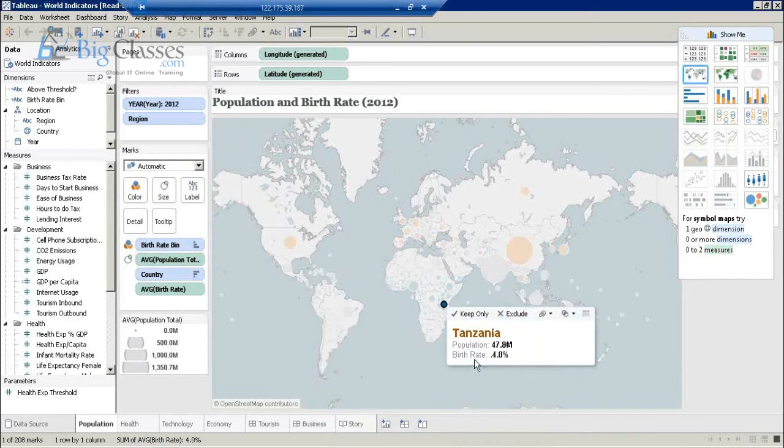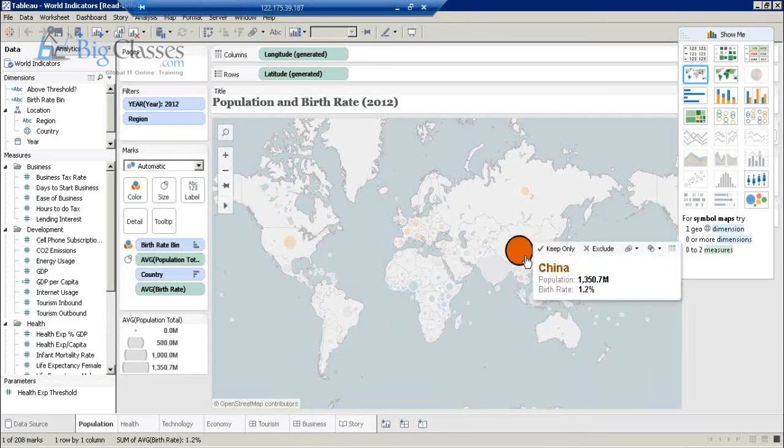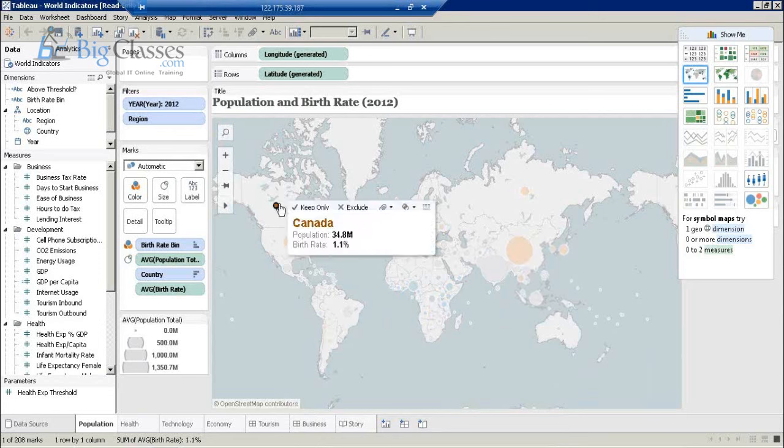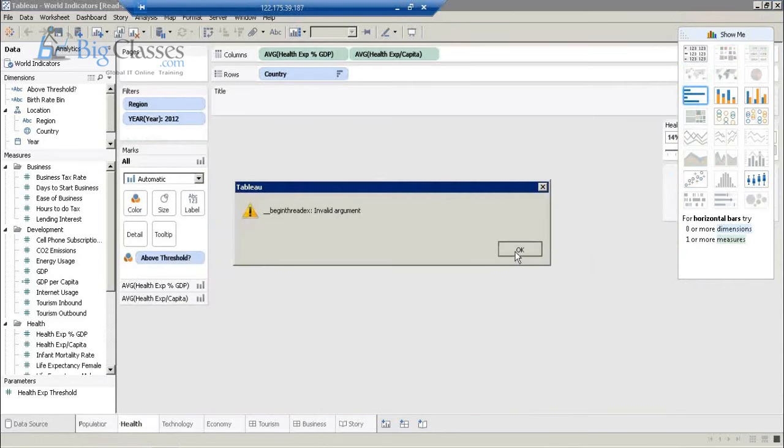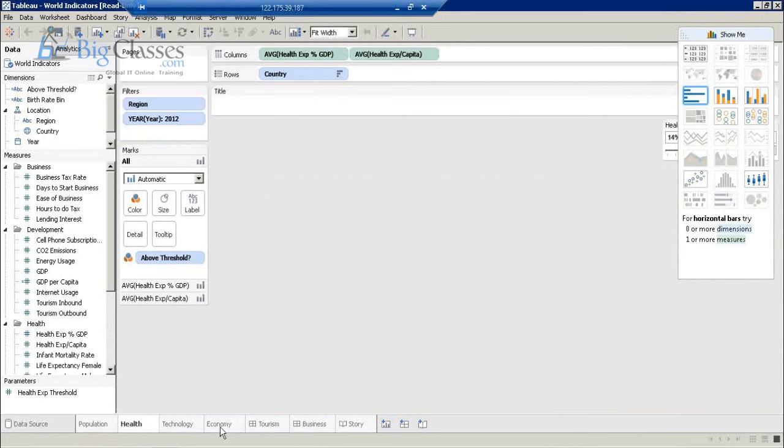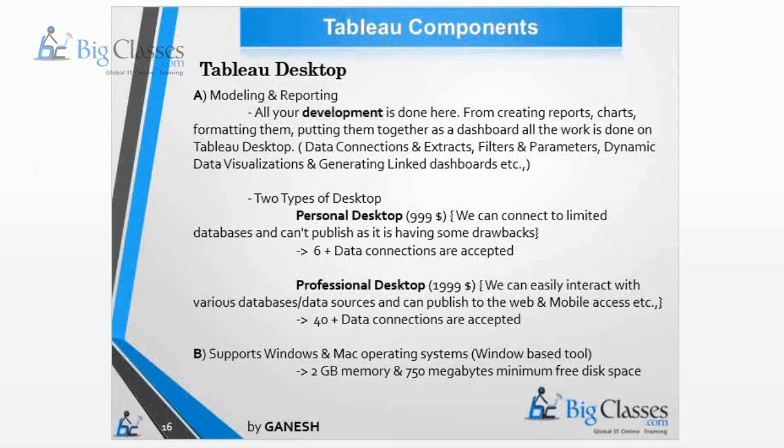See, look at this, guys. Look at the population ratio and what the birth rate is, whether it is male or female. So this kind of sophisticated reporting can be done via Tableau. Okay, let me tell you guys.